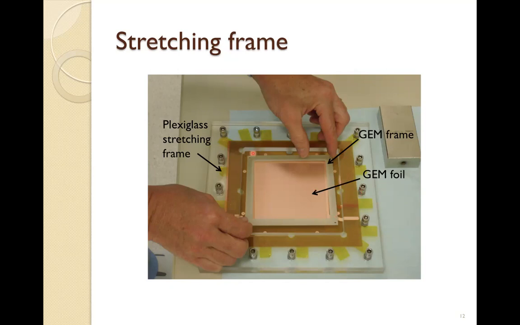Since in these frames we put glue, these glued frames are placed on the GEM, and these GEM foils are stretched. Then we cut this part from this side, keeping these two parts, because these two leads we need for application of high voltage. So this is done. We have done it at CERN, we have done it at GSI, and also